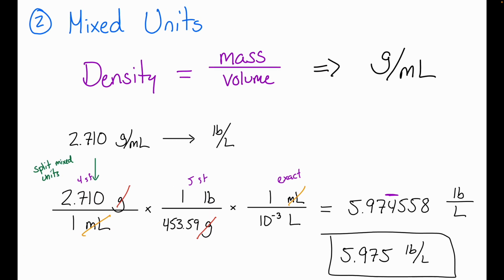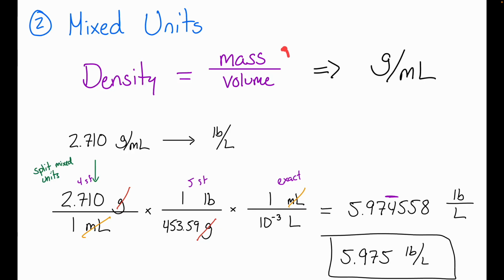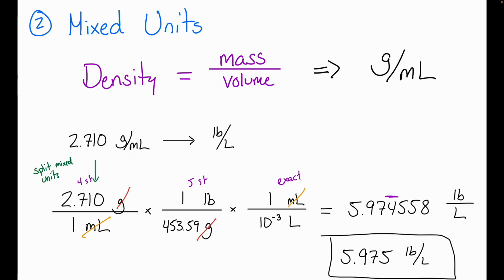I will also say, just to note, the other way that we use density is to convert between mass and volume. So if I had like 50 grams of aluminum, I could tell you the volume of aluminum. And in order to build that conversion factor, I would do this exact same step here of splitting up those mixed units and then making sure everything canceled out all nicely. All right? Okay, the last complication that I can throw at you here